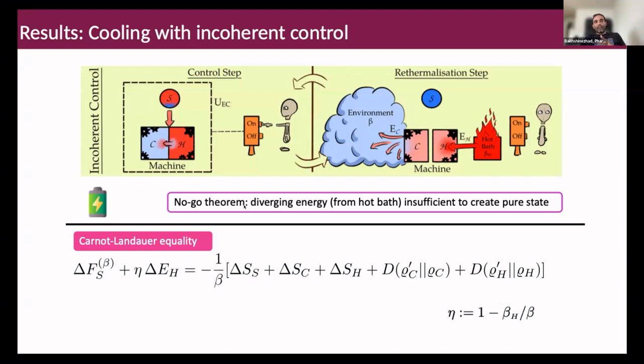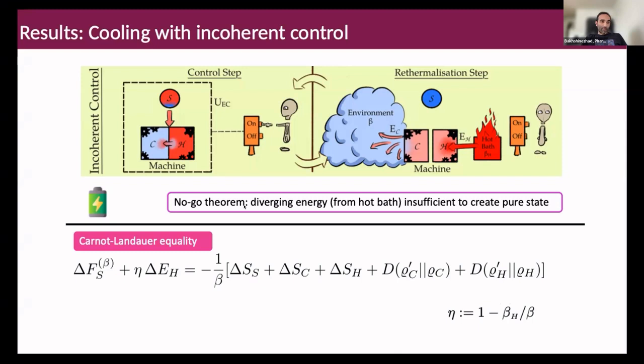There you can see you have eta. Eta here is the Carnot efficiency, and based on this equality, you can show it's impossible to cool the system to the ground state